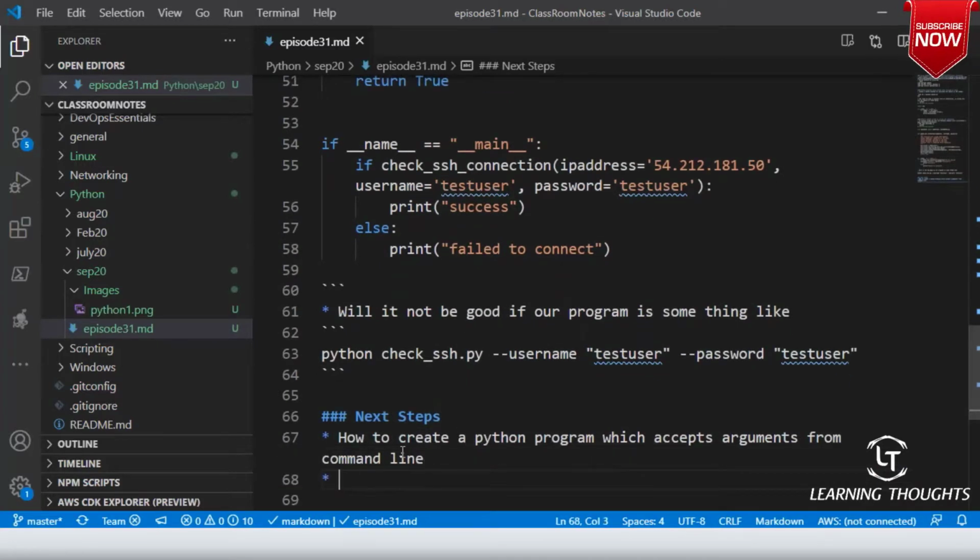And how to write a Python program which executes external tools in the OS, right? These will be our next two steps. Is this interesting, sir?